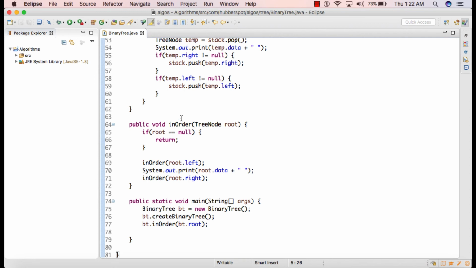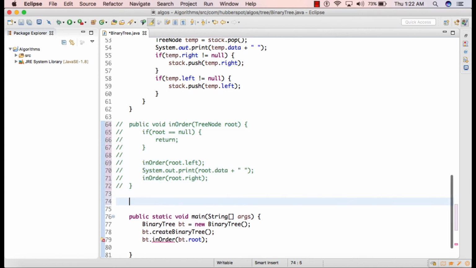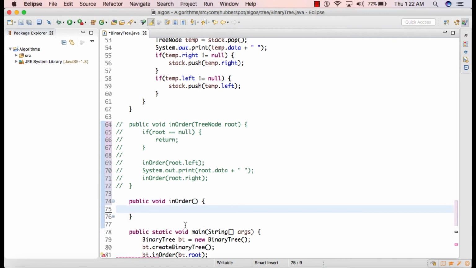But in this tutorial, we will discuss the iterative way for the in-order tree traversal. So here I will just comment this code, and below I will create the method as inOrder. Now this inOrder method will take in a root.